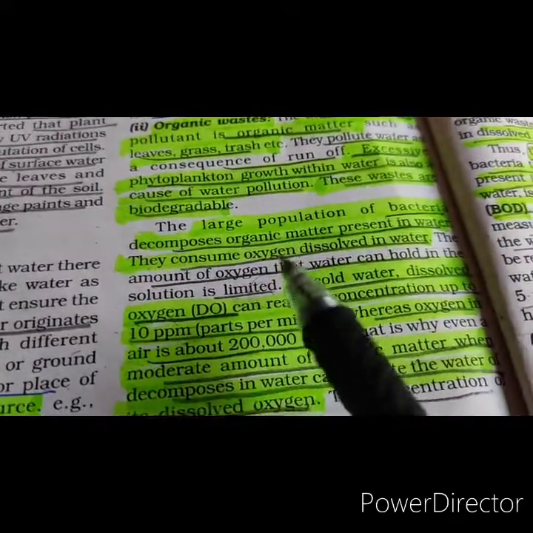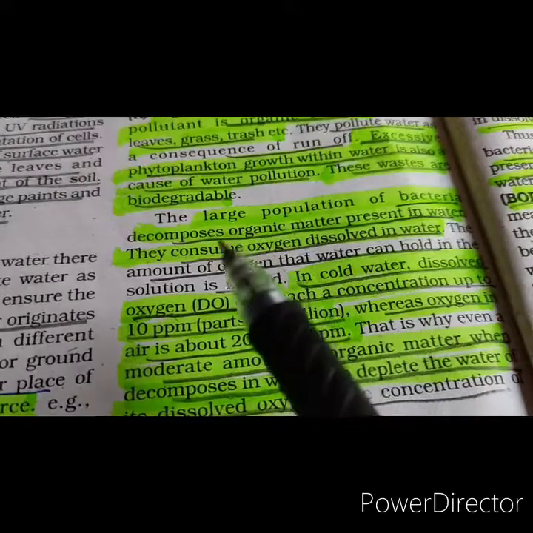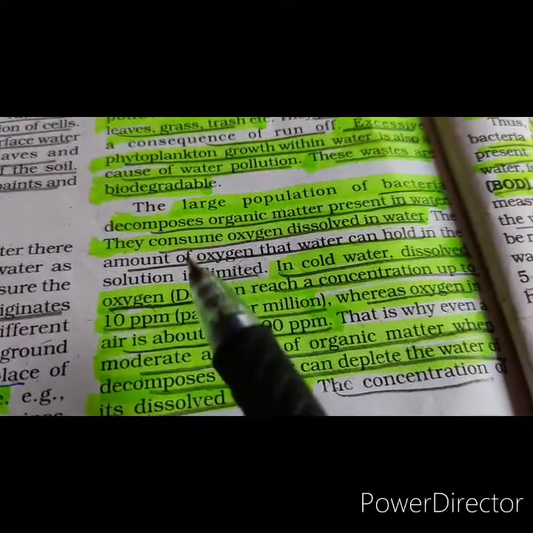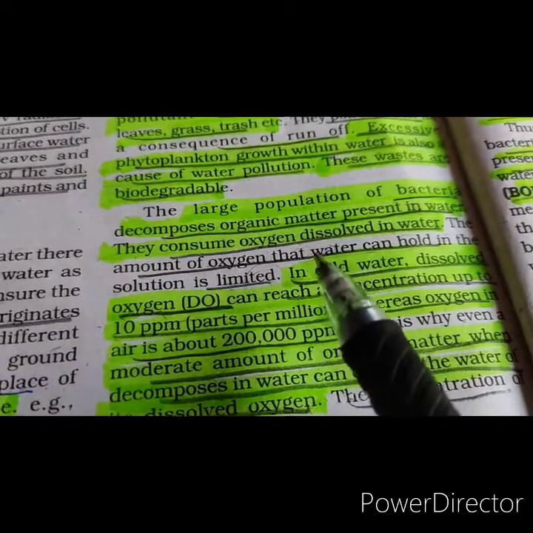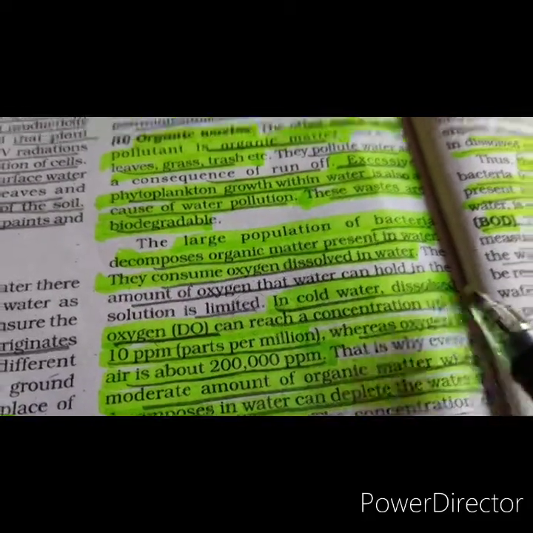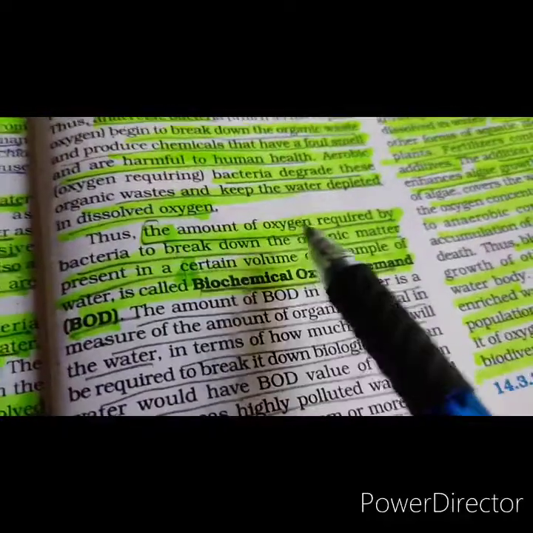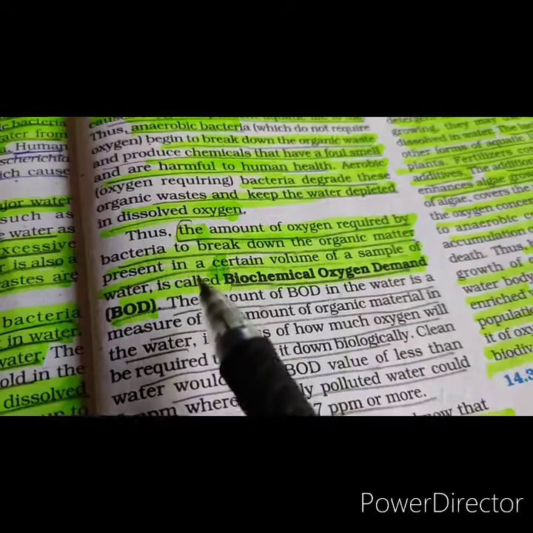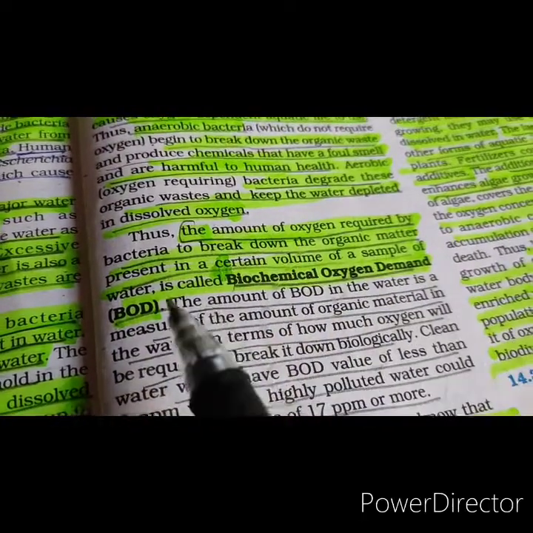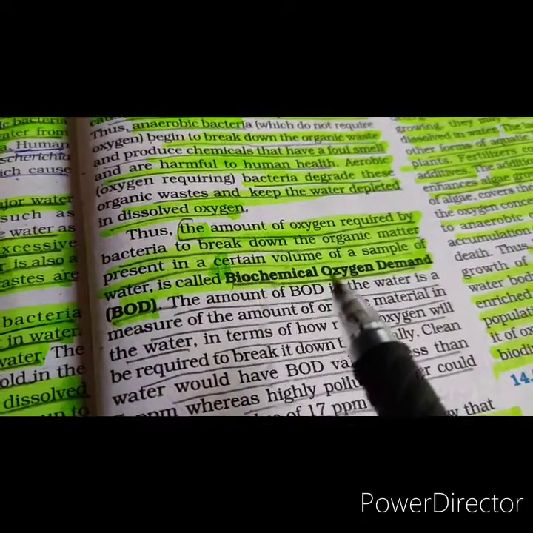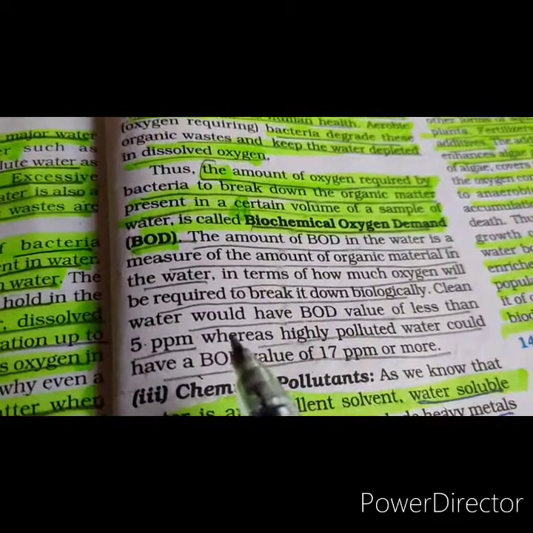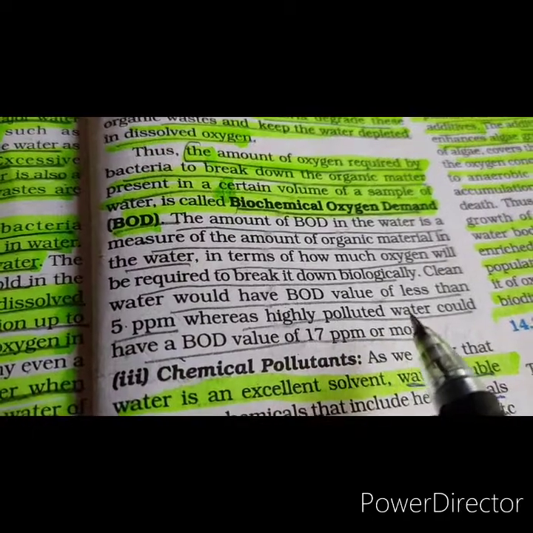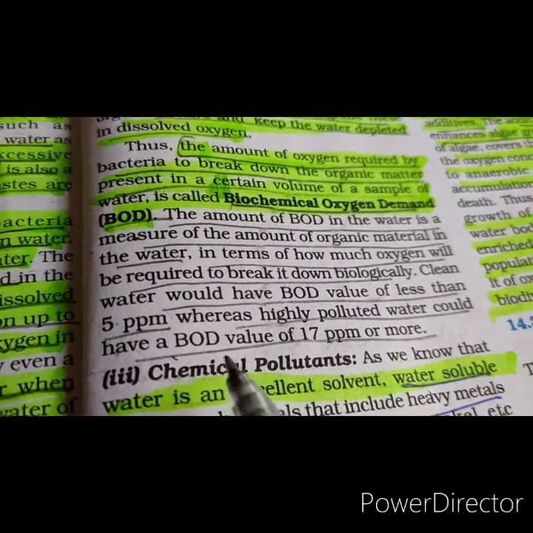And the large population of bacteria that decomposes the organic matter present in the water consumes oxygen dissolved in the water. The amount of oxygen required by the bacteria to break down the organic matter present in a certain volume of a sample of water is called the biological oxygen demand. Clean water should have a BOD value of less than 5 ppm, whereas highly polluted water could have a biological oxygen